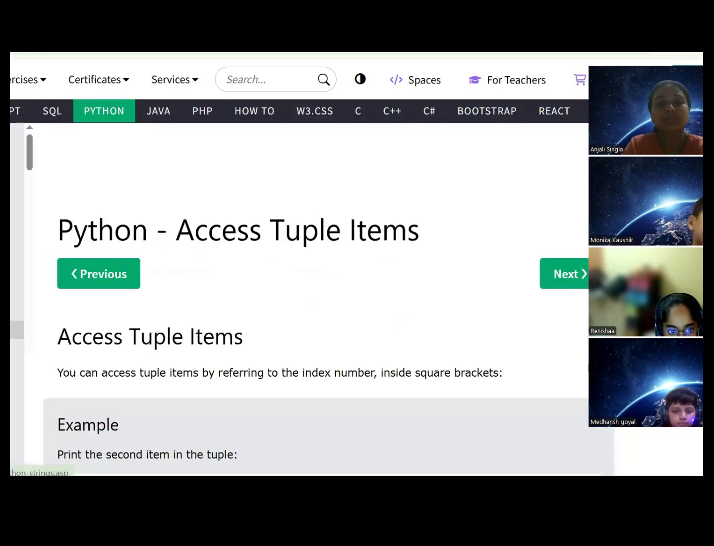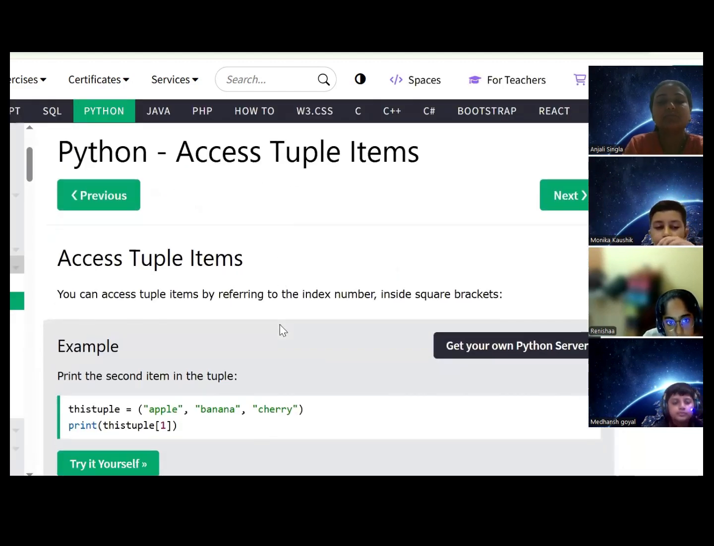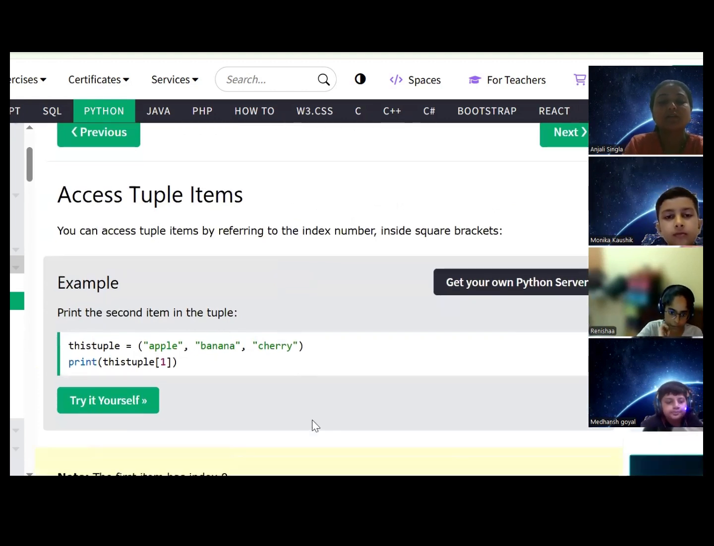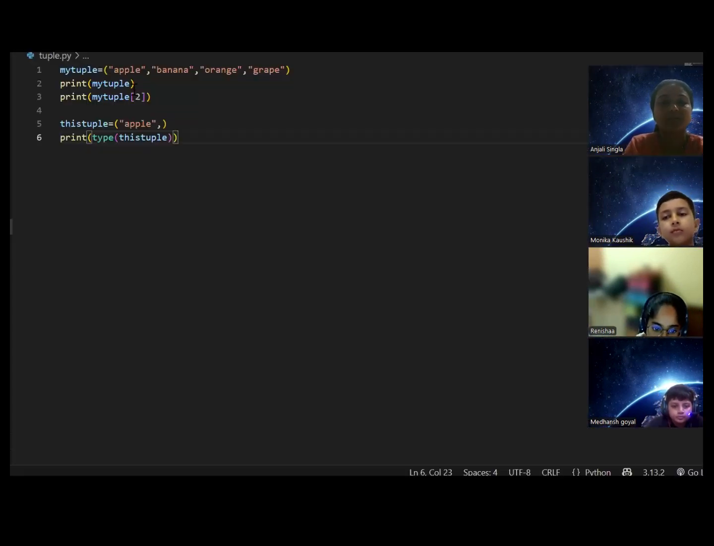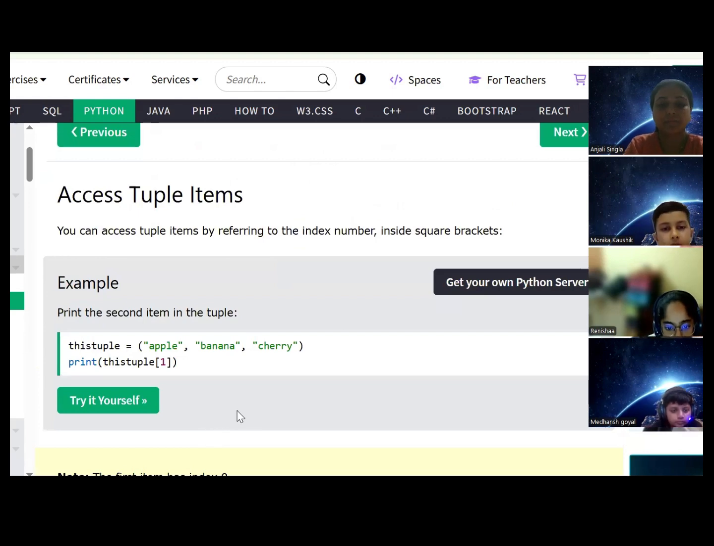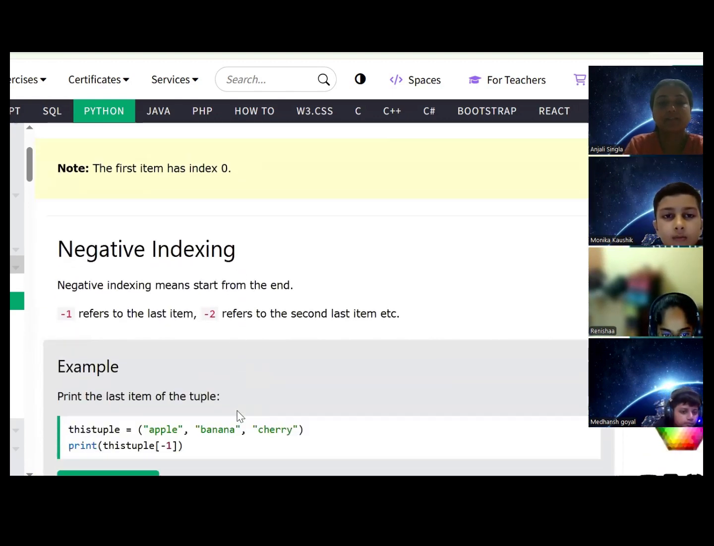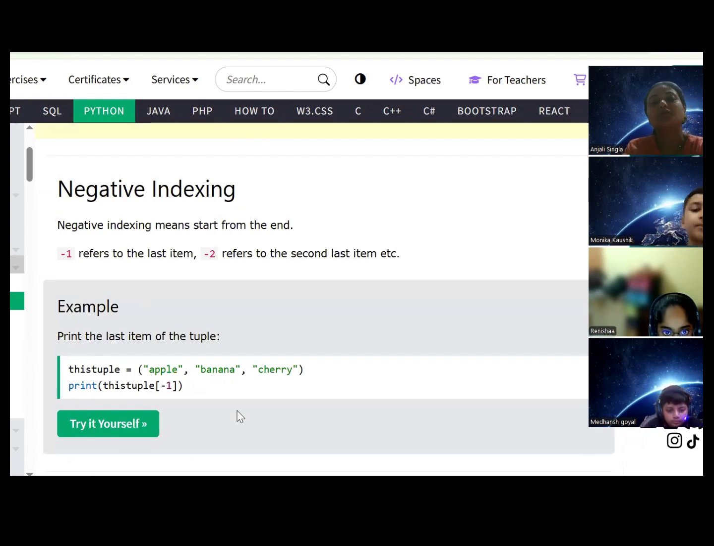Now, how to access the elements in the tuple? It's the same. You just give the index number, 0, 1, 2, 3, whatever element you want, just specify the name of the tuple and give the index number. Negative indexing means you start counting from the end. Now, there is nothing called minus 0, so it will start counting from -1, -2, and -3. So if I want to access the last element of my tuple,